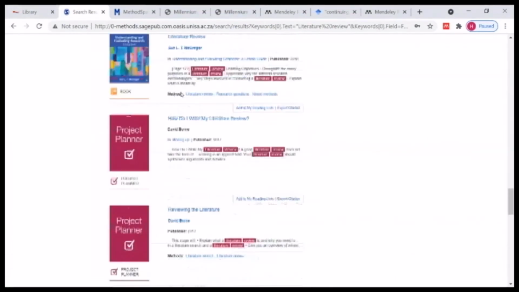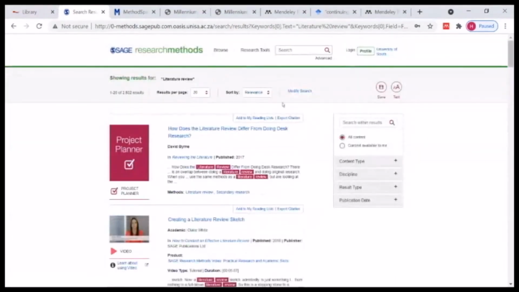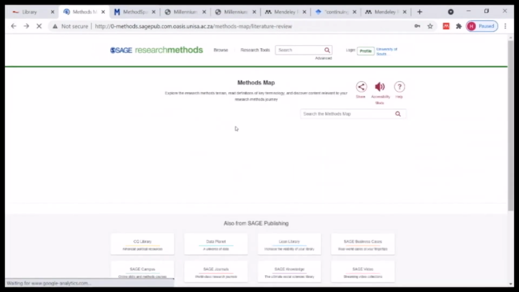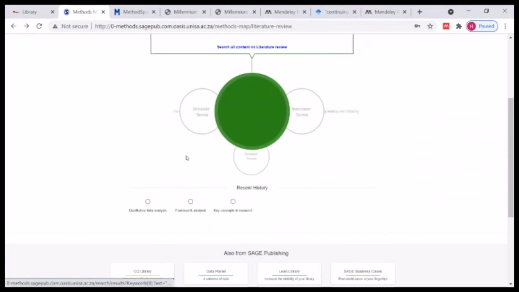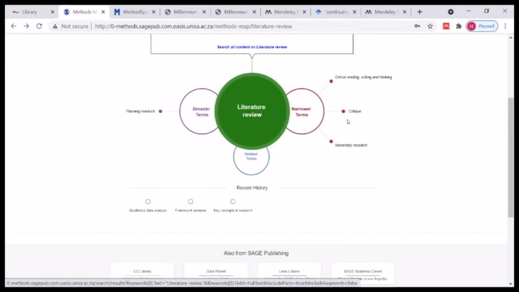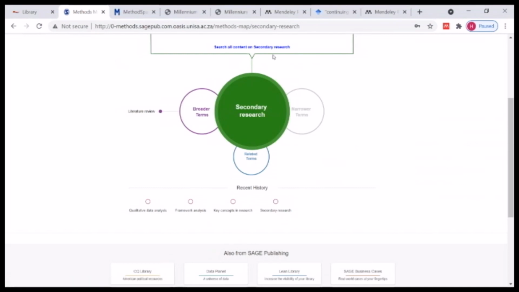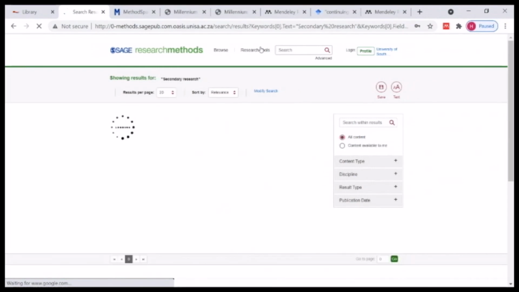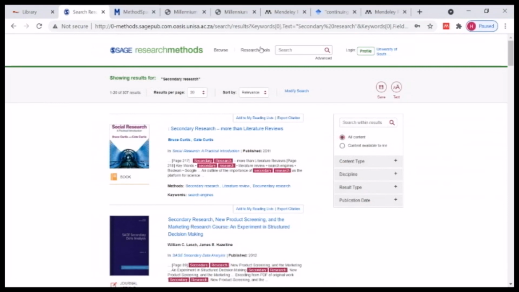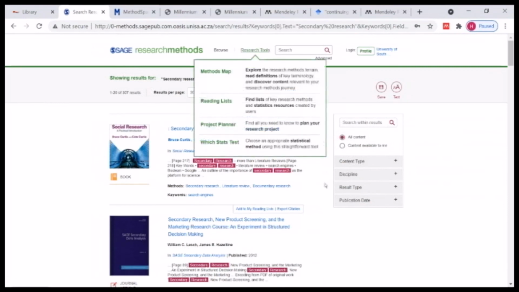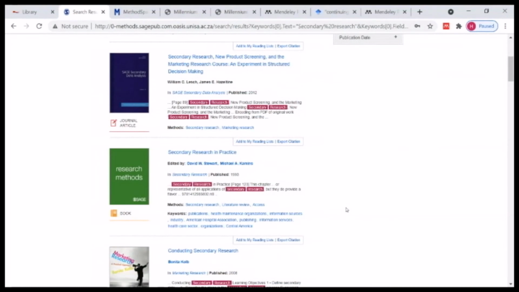Or you can just say to the system, okay, fine, I just want to learn more about, let's go back. Remember, we were looking at the literature review and they said you have to be critical, you have to do secondary research. How do I do that? And then it says to you, okay, fine. Do you have anything on secondary research? How do I go about it? And then it gives you references on that secondary research. Critical thinking, critique, it will also give you items on the same. And then you just open